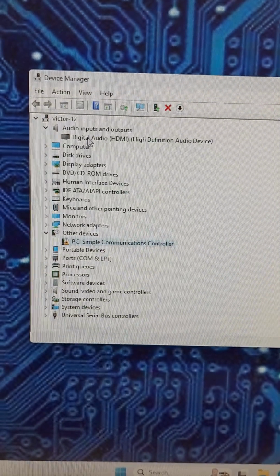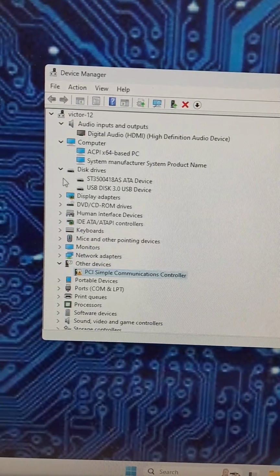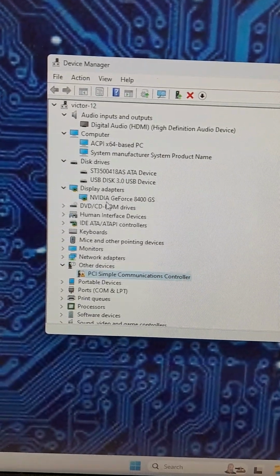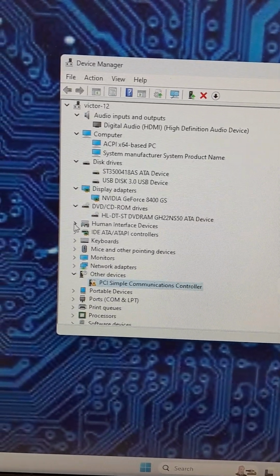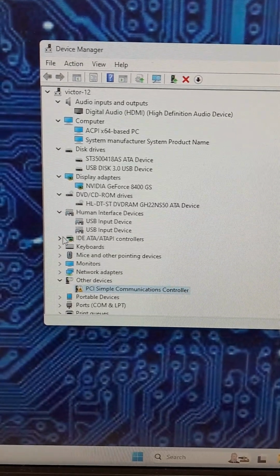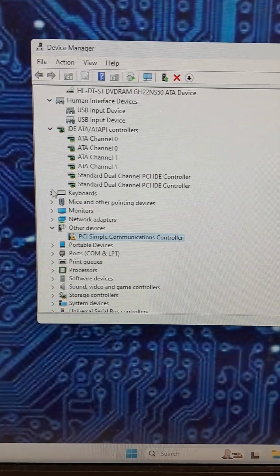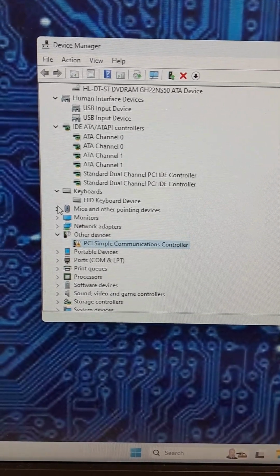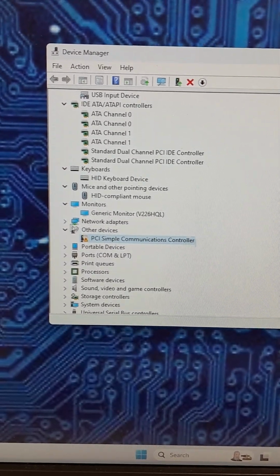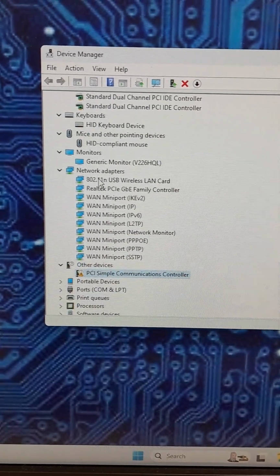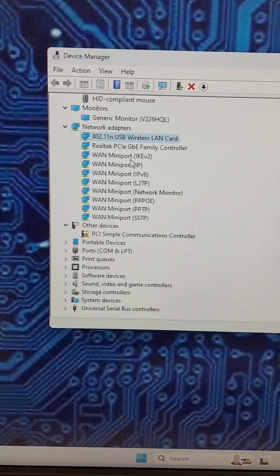HDMI drivers, the high definition audio, the computer, the disk drivers, the display with the graphics card on it, the DVD and ROM that we have installed inside the computer, the USB input devices, the IDE that is inside of it, the keyboard and mouse, the monitor, which is a generic monitor, the network adapter, which you have many, but the only thing that matters is this one over here. The rest are just